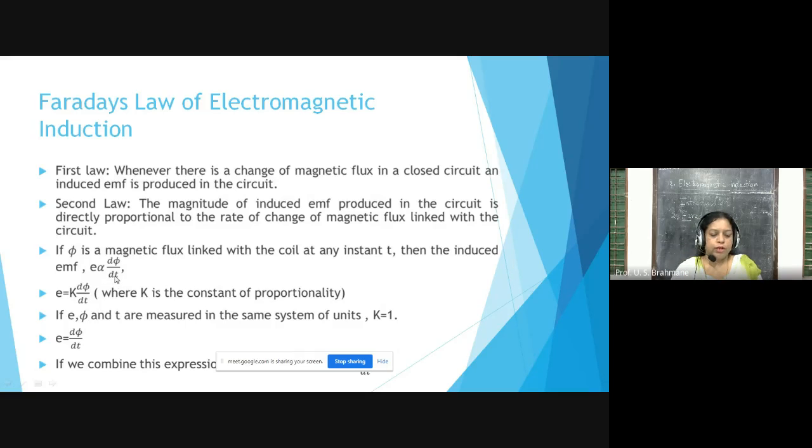if this is proportional, so the second step comes with the proportionality. So E is equal to K times d phi by dt, where K is the constant of proportionality. If K is equal to 1, and if E, phi and t are measured in the same system of units, that is SI units, you can say E is equal to d phi upon dt. So if we combine these two equations,